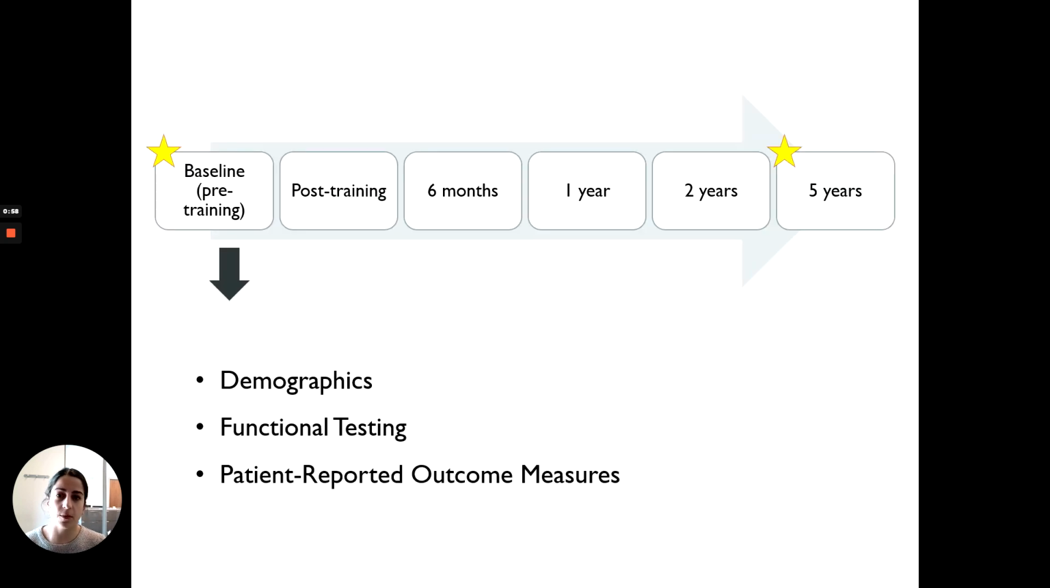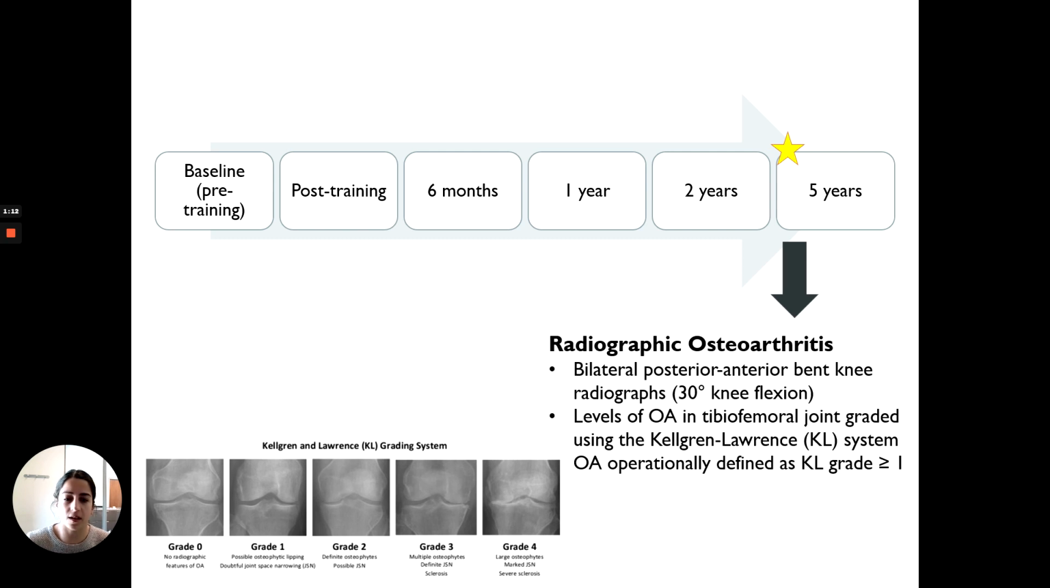So we formed these subgroups at baseline, or the pre-training time point of the cohort study, and we input many variables into our statistical model, or our latent class analysis, representing the constructs of demographics, function, and patient-reported outcome measures. We wanted to compare these subgroups at 5 years to see the presence of radiographic osteoarthritis, defined here as greater than or equal to 1 KL grade, because we really wanted to capture some of these early features